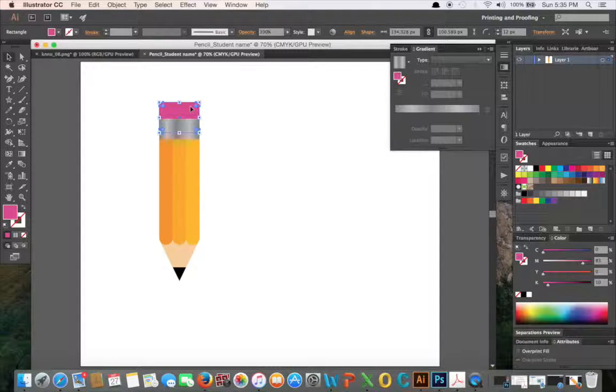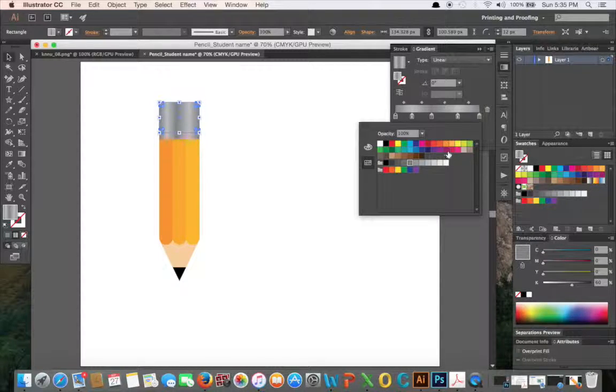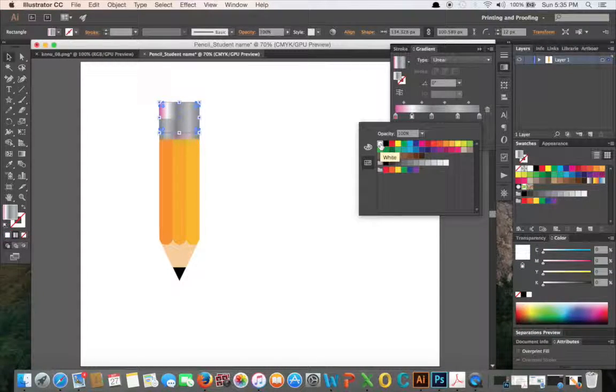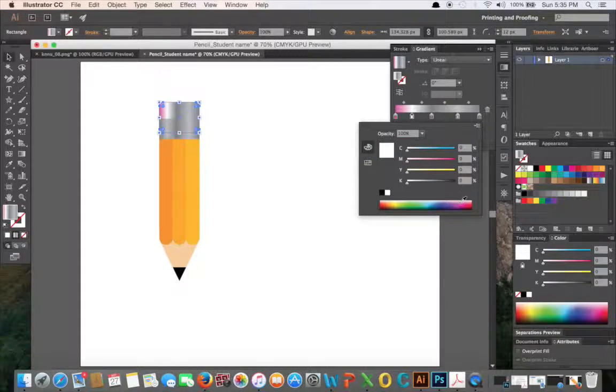You can work on this eraser part also to give different shades of the pink color this time. I'm going to choose this, double click, and then change it to the pink color, or again you can go to the color mode and choose a color from there too. I will choose that, and this part is a little bit brighter, so I can choose white, or with the same method you can choose a different color and then increase its brightness to the left. This one is also the same,